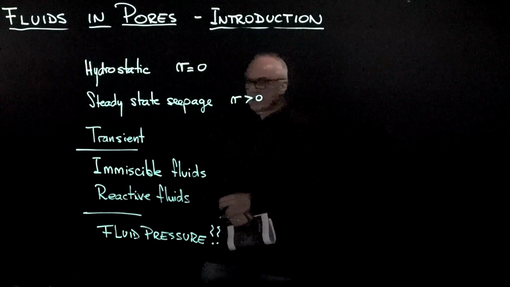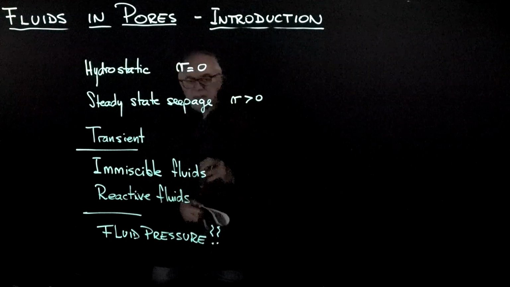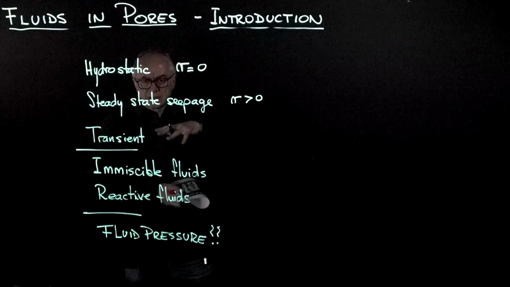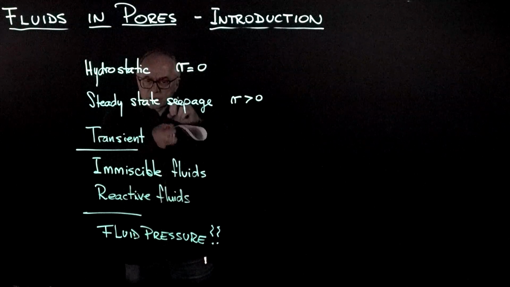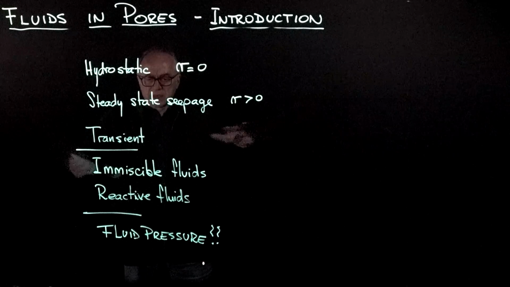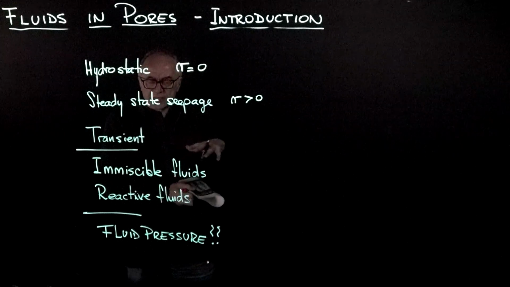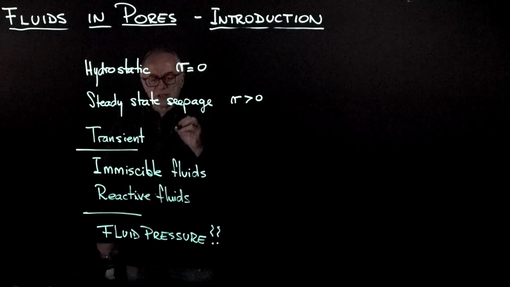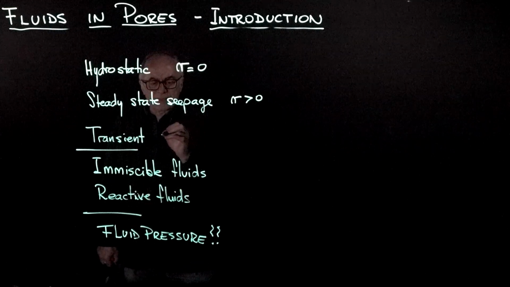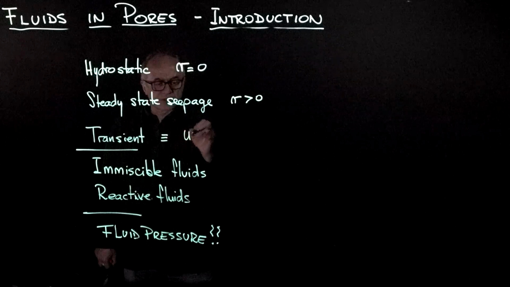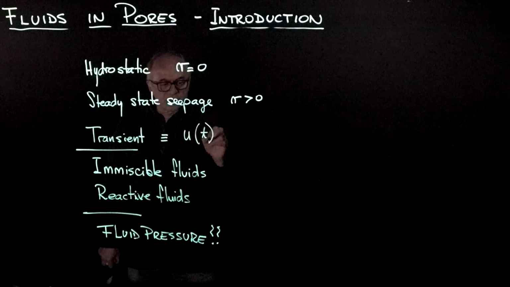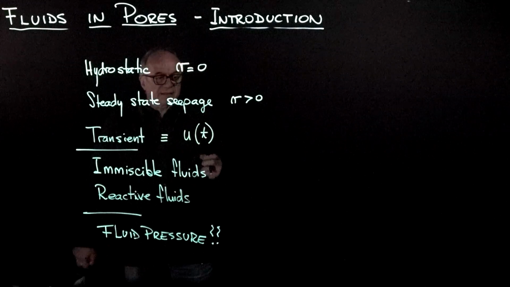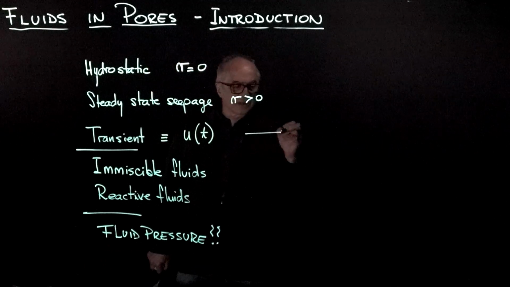The third situation is a transient. Imagine that you jump on a sponge filled with water, and you're going to hear the water squishing out of the sponge and changing in time, while at the same time you contract the sponge. So this is a typical case of pressure diffusion. In other words, the fluid pressure varying in time. And this is what we are going to call typical consolidation.